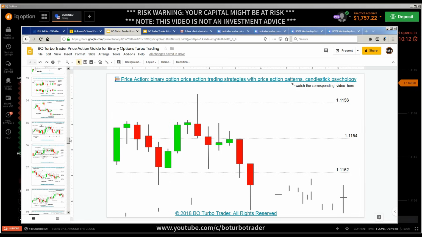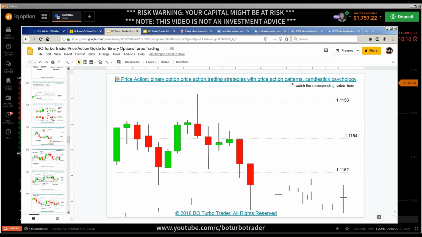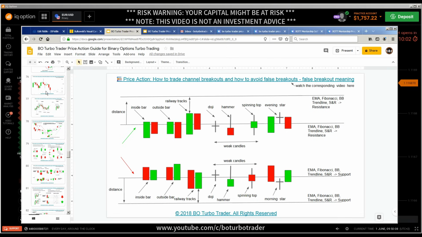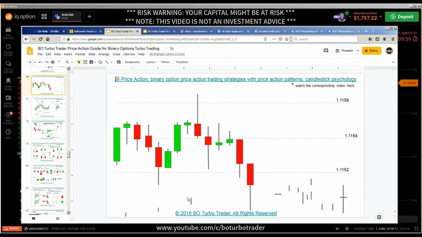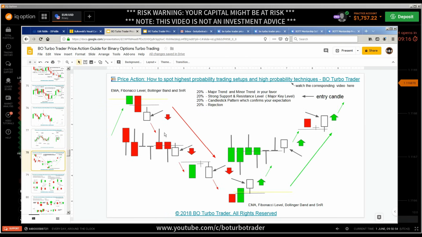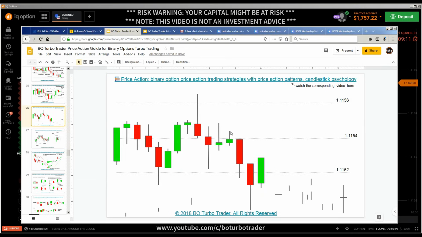Yes, railway tracks, fade breakout, inbound breakout, inside breakout, outside breakout. Yes, that is what you have to study, and then you understand that we have here something like a fake breakout. Yes, because the next candle was this. I didn't trade this. So that was the next candle. Yes, the next candle was this kind of, I would say, bullish engulfing candle. And here, as you see, comes again the concept about the highest probability trading setups: downtrend, bullish engulfing candle, uptrend. Yes, and that is what this one is about, and what I have done on the next candle,